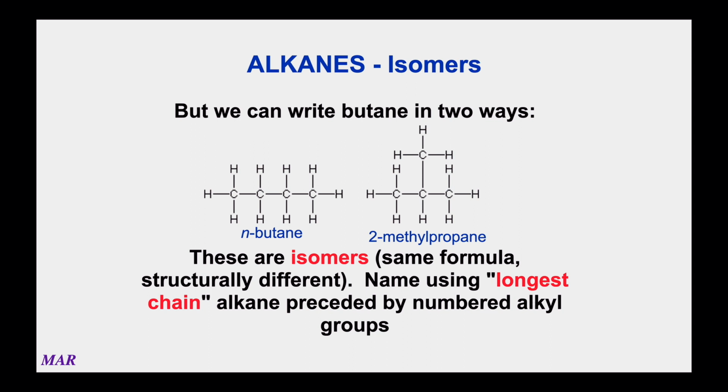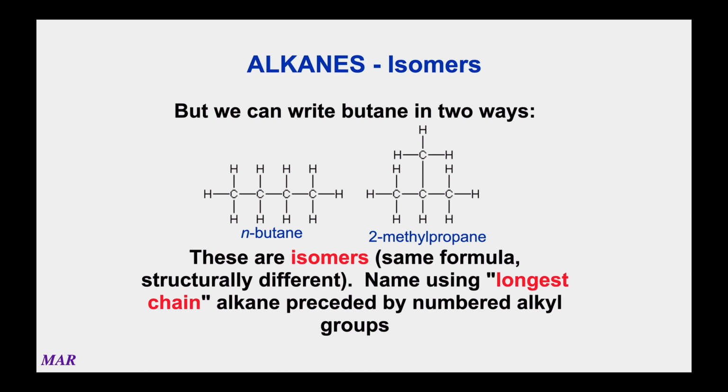The formula for butane was C4H10, all right? And butane, which is 4 carbons in a row, is definitely one of the structures for it. But the problem with the formula C4H10 is that you can make an isomer of it. And an isomer has the same number of carbons and hydrogens, the same formula, but it's structurally different. So notice the structure to the right. It's a 2-methyl propane, all right? And that also is 4 carbons and 10 hydrogens. However, as you can see, the structure is quite different.